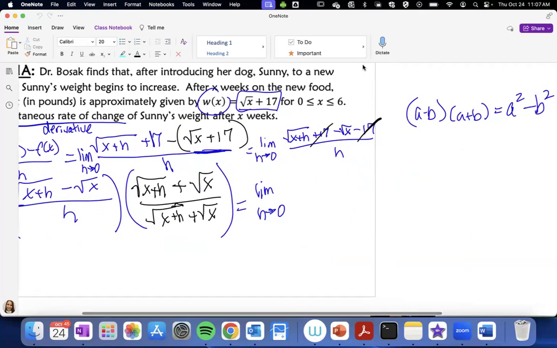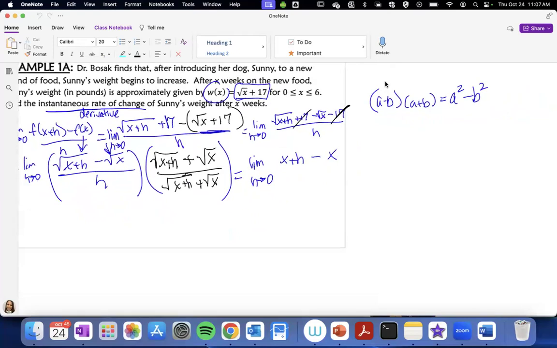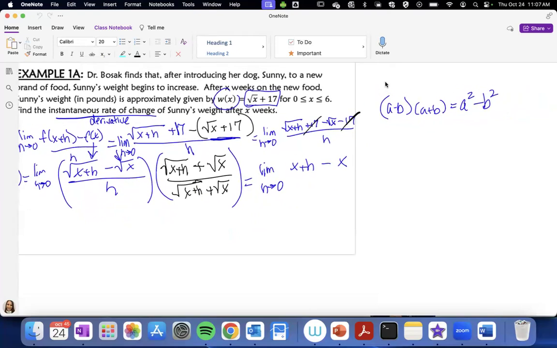So we want to make sure we square the first. What's root x plus h squared? x plus h, minus root x squared, which is just x. That's why I make you memorize difference of squares right there. That nasty simplification, and it's real easy, right? One step there. All over